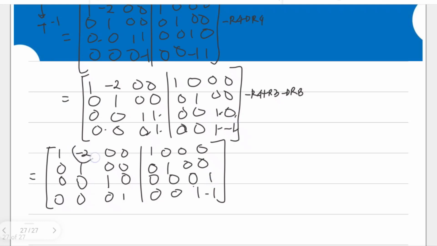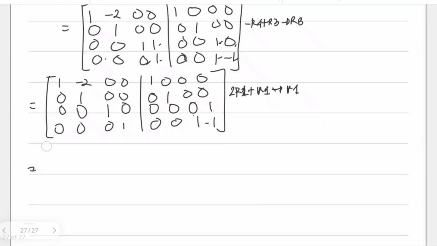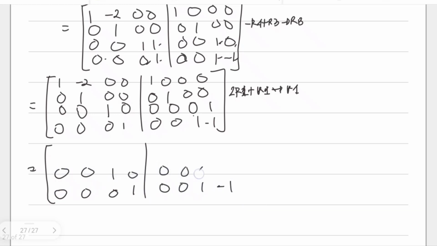Then finally, let's make this equal to our 0. Okay, so we're going to multiply 2 to row 2 rather, plus row 1 for a new row 1. Okay, so this is 0, 0. Let's start at the bottom because we're working backwards. Negative 1, 0, 0, 1, 0, 0, 0, 0, 1, 0, 1, 0, 0, 0, 1, 0, 0, and then